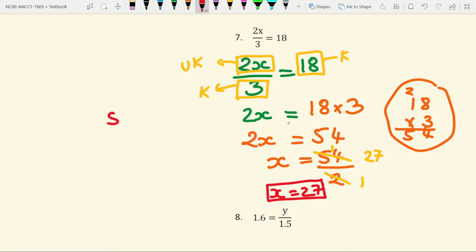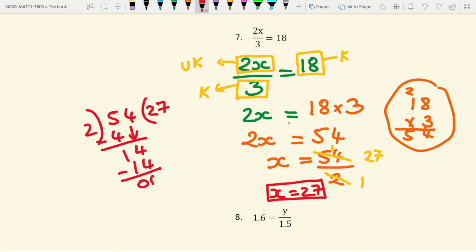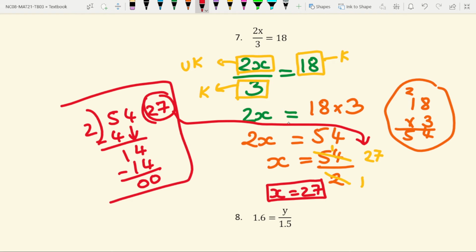Or you can divide it like this also, 54 divided by 2. You can do simple division also. 2 2s are 4, remainder is 1, the next number will come down, it will become 14. So 2 7s are 14, remainder is 0. So our answer is 27. This 27 we have written here. Instead of doing long division like this, we'll cancel it out here. The method is the same, just like division.